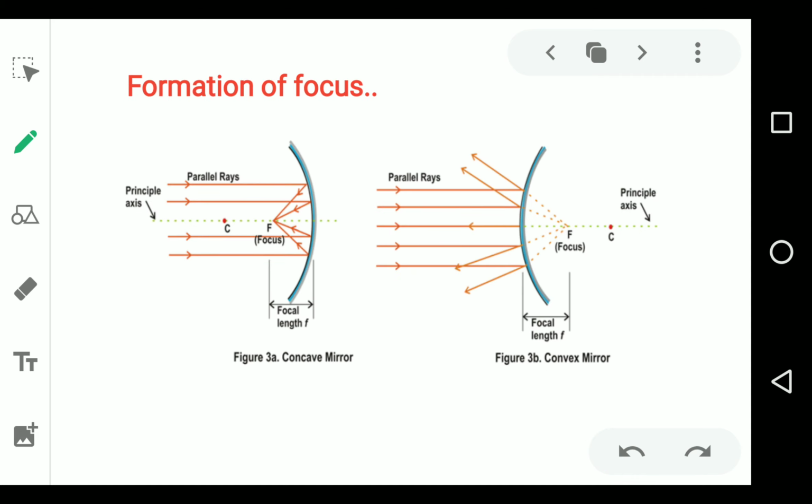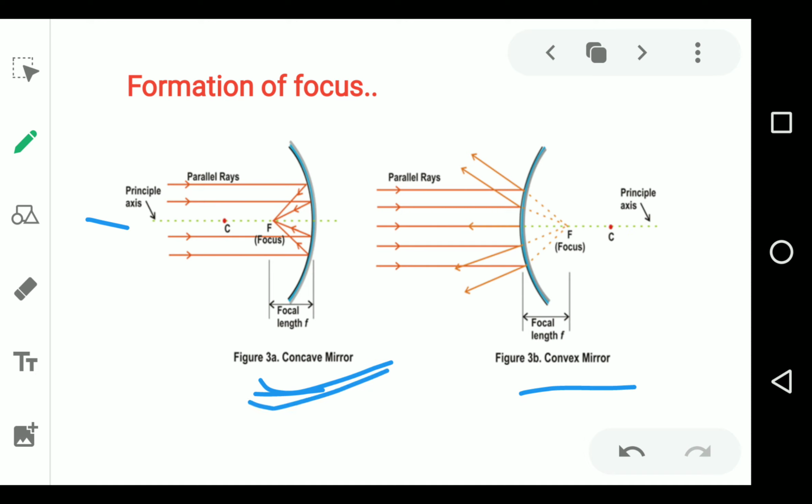Okay, so next we are going to see how the focus is formed. The focus forms when parallel rays come. Here you can see these are the incident rays and these are the parallel rays. Parallel to which line? These are parallel to the principal axis. When the light rays are coming parallel to the principal axis and strike the reflective surface of the concave or convex mirror, they will obviously bend, because the reflective surface has the ability to reflect light rays.